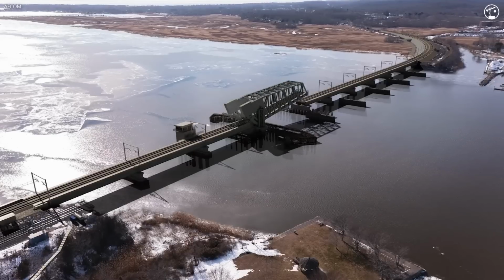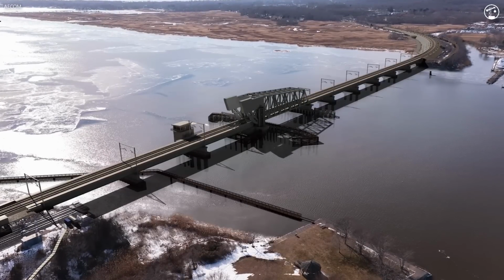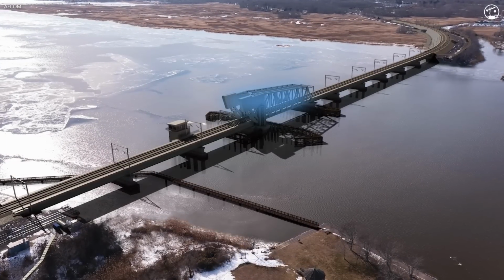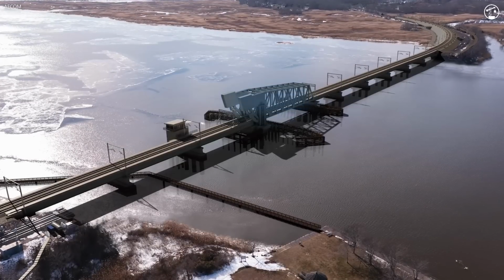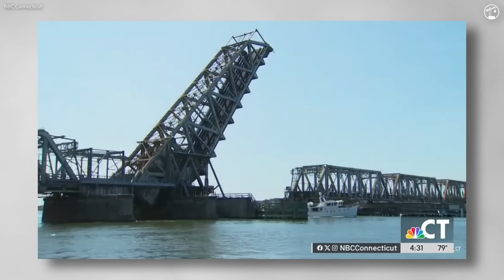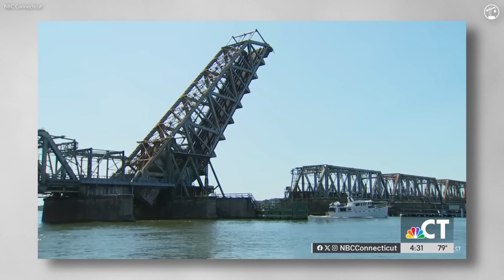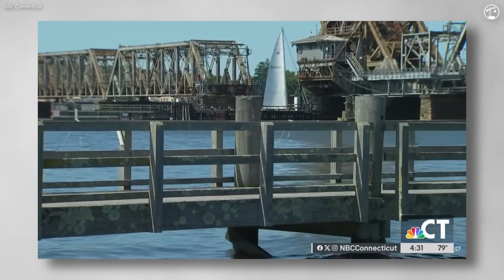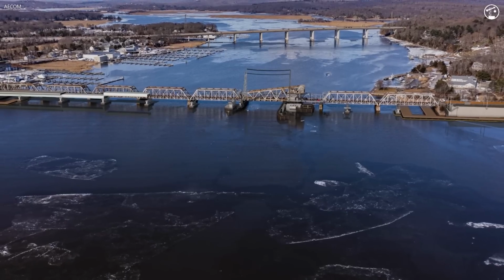As of recently, the world was able to see the officially chosen new design for the bridge. The new bridge will feature a 204-foot-long steel truss movable bascule span. Because it is over 40 feet longer than the span it replaces, it can allow for additional, potentially even larger maritime traffic to safely pass through. The new deck will be made of composite concrete, and the 9 steel girders holding it up will replace the